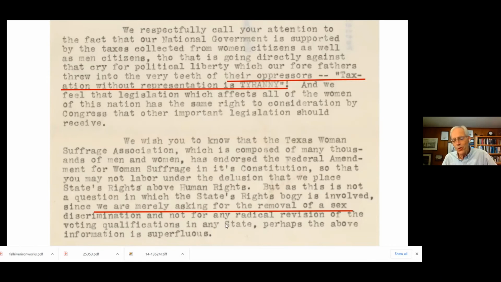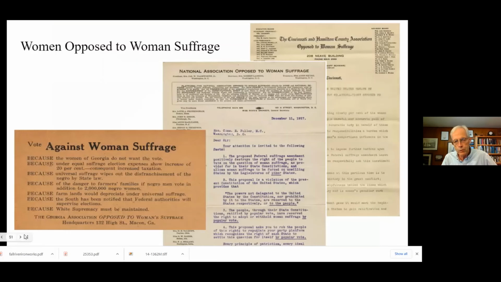So we want women to vote, but all those measures that you have to keep African Americans from voting? Well, we don't want you to get rid of those. So essentially what they're saying in the southern states is, we want white women to vote. We don't want black women to vote. And so that's, again, a document from the eve of the 19th Amendment, but it gives you a sense of Jim Crow America and what this social movement was like.